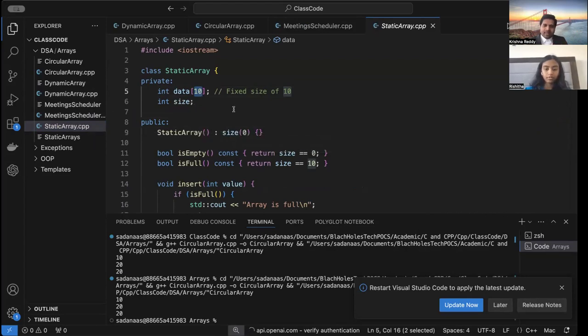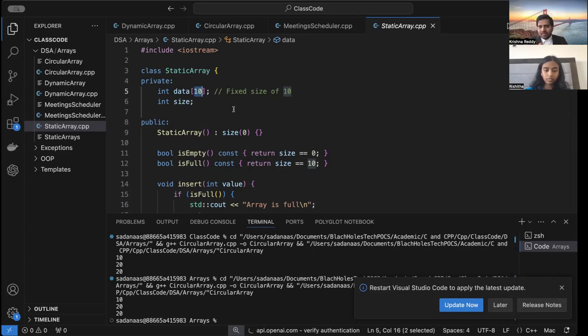Usually there is a concept of vector, but it internally either deletes the existing array, creates a new array, and copies the elements over, or it internally uses another concept called linked list, which uses